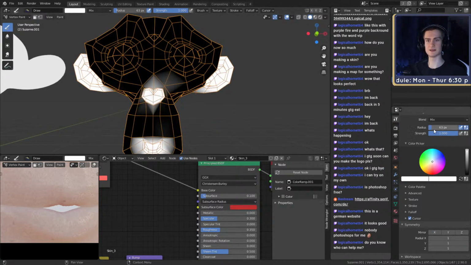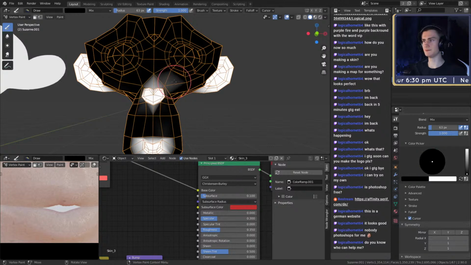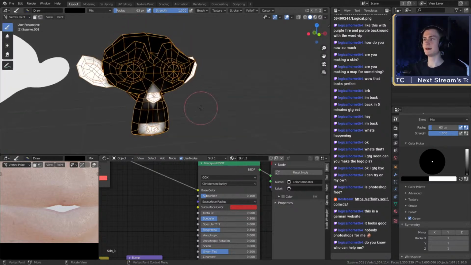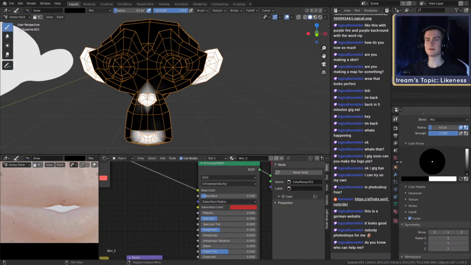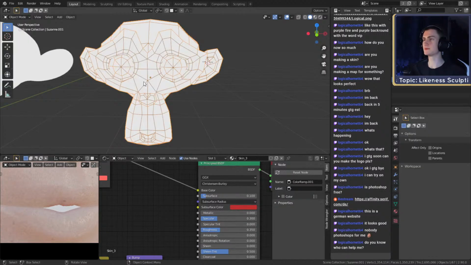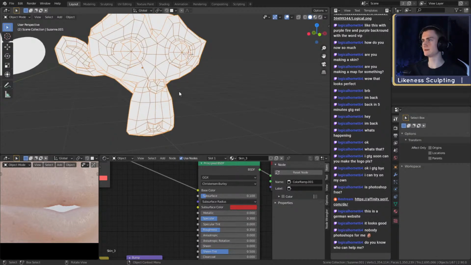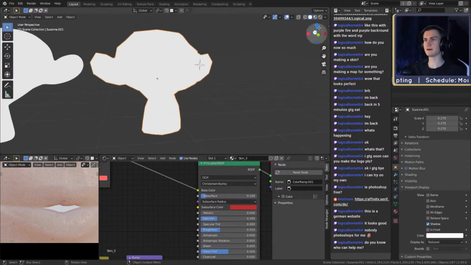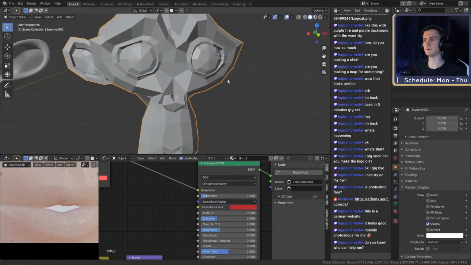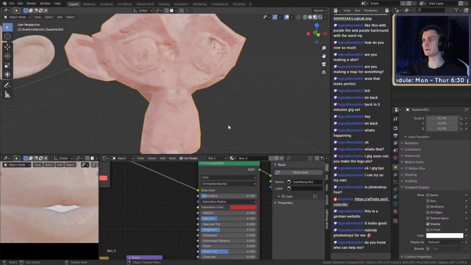Oh, I see there's a small mistake. Zip. Remove this vertex right there. And perfect. So now we have our mask. We've applied color to these vertices. And then we can go back to object mode. We can remove the wireframe and switch from flat to studio. Let's then go to material preview